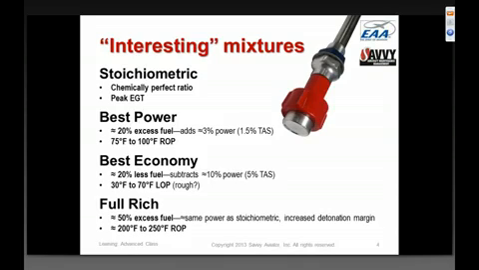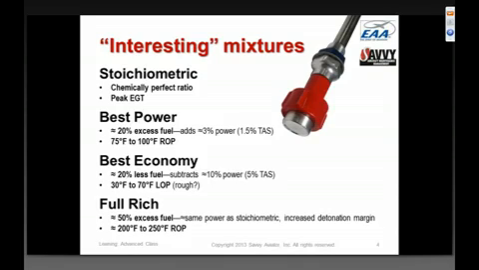We lose about 10% of power at best economy mixture, which is only 5% of airspeed, but we do it with 20% less fuel than stoichiometric, or 40% less fuel than best power. So it's a very attractive mixture to operate at, unless you're a real speed demon and want to get that last couple of knots out of the airplane, because it gives us the best miles per gallon, the most efficient